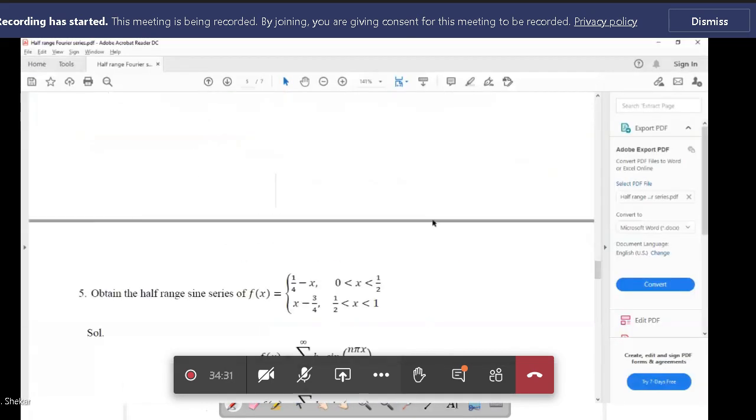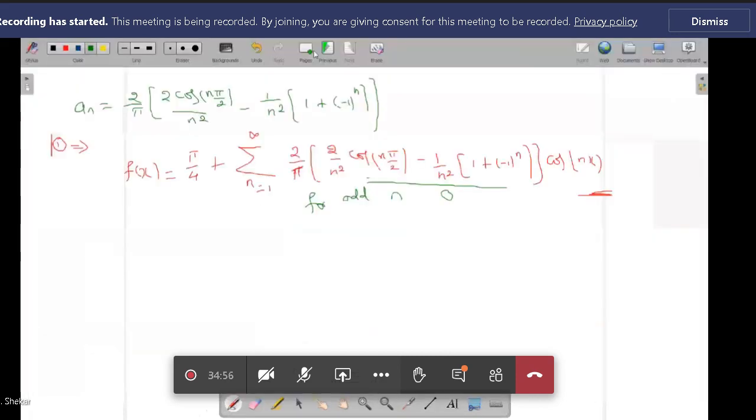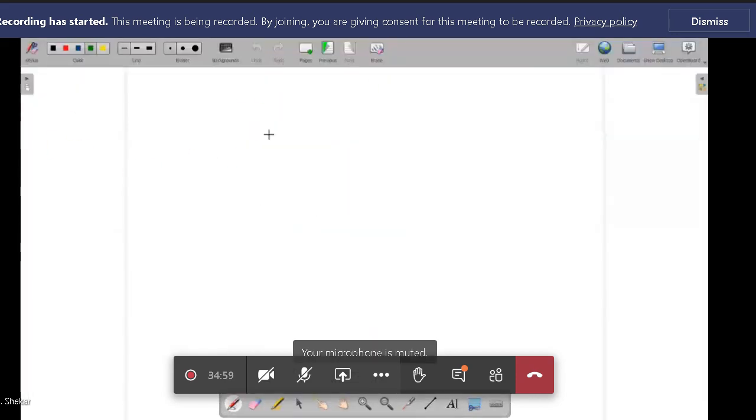So again another one is a piecewise function. So that is f of x, obtain the half range sine series. Now again sine series. f of x is equal to 1 by 4 minus x in the interval 0 to 1 by 2 and x minus 3 by 4 in the interval 1 by 2 to 1. So 1 by 4 minus x, I'll write the function first. So f of x is,